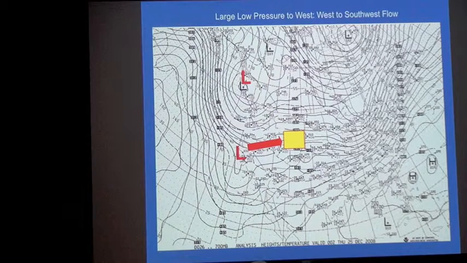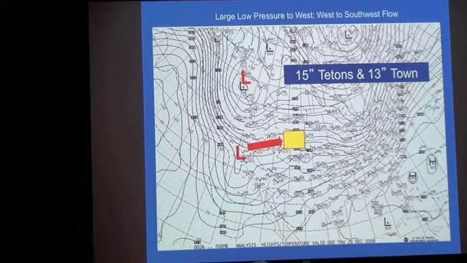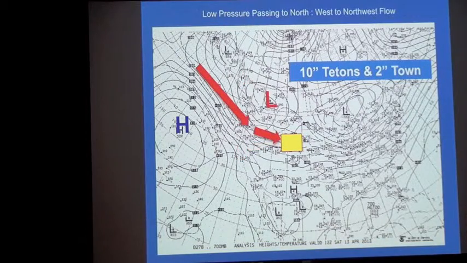Southwest to south flow. If I have a big low pressure system, two lows right here, covering from British Columbia to Mexico, and giving me kind of a west to southwest flow, that's going to be a situation where it's a big storm, even distribution. Mountains will get 15 inches and town will get 13 inches. Okay? So you're not going to get a whole lot more going up in elevation, but good for low elevation